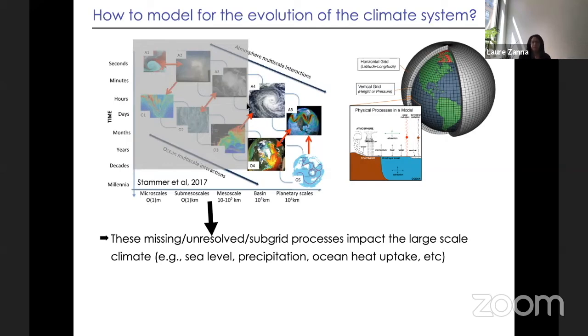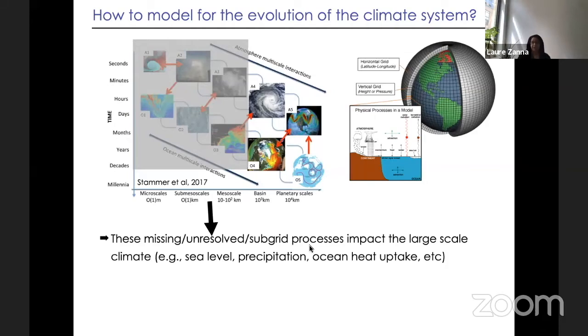Nowadays, we have about 20, 25 kilometers for some of the state-of-the-art coupled climate models, but they're getting more and more expensive, right? The more stuff you have in them, the higher the resolution, the harder it is to run them for hundreds of years or have many ensembles. So, we're stuck. So what do we do? We truncate at a given resolution. Everything that is below the resolution of the model that we're considering is basically out.